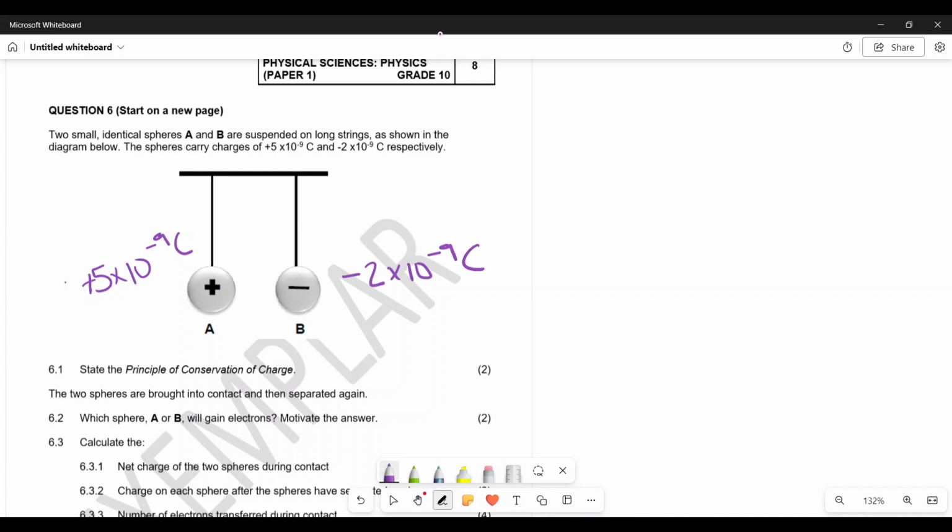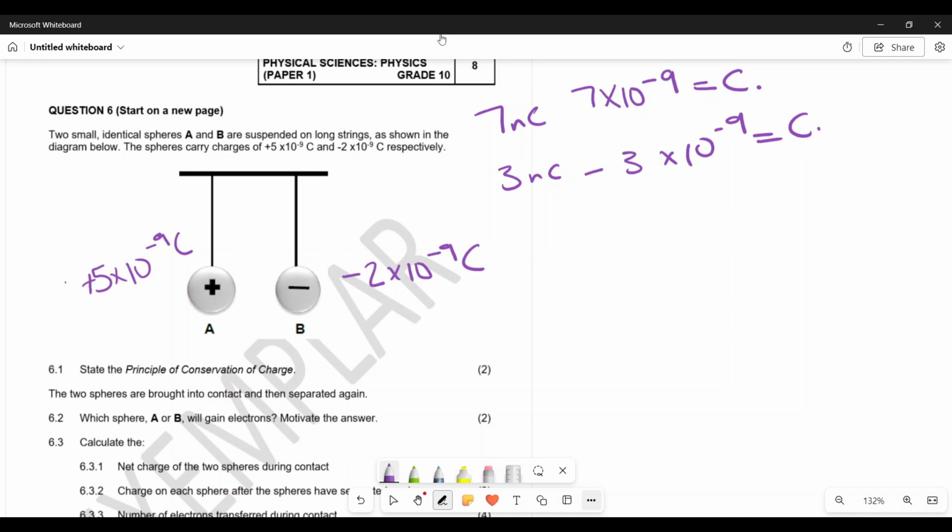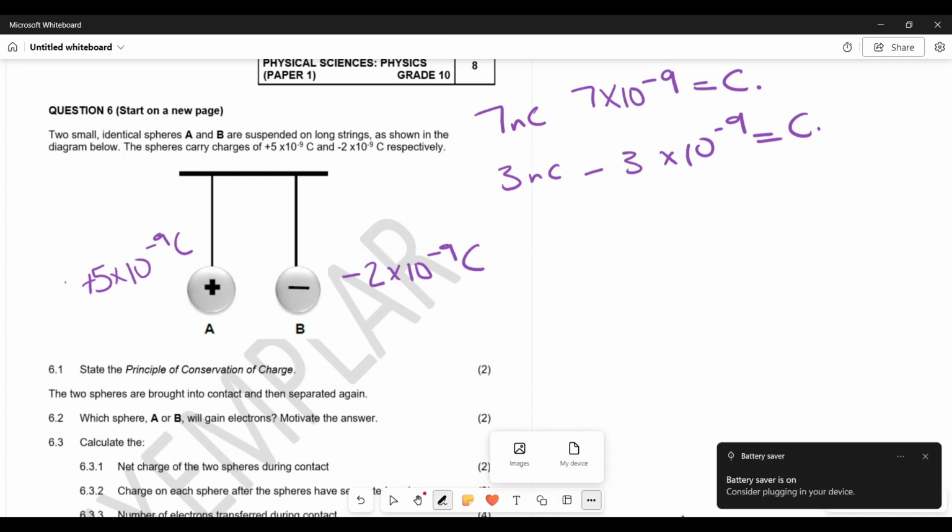Now, remember, if these were 2 nanocoulombs or 3 nanocoulombs, what you would have done is that you would have taken this 7 and you would have multiplied it by 10 to the power negative 9 to find your coulombs. Same applies with this. You'd have taken this 3 and multiplied by 10 to the power negative 9 to find your coulombs. Now, if you were given a microcoulomb, which looks something like this,